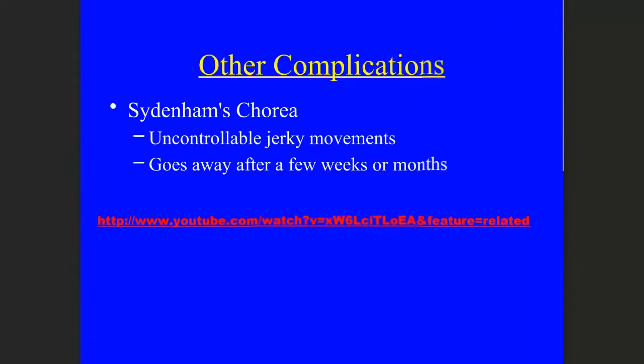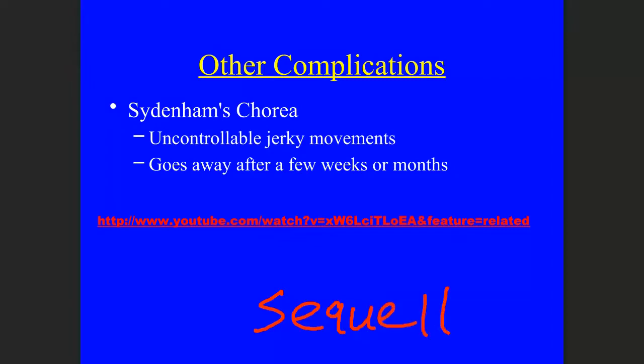Now, again, one other thing, as if that wasn't enough, to discuss about strep pyogenes, some other complications, and this would be considered to be another sequela, is something called Sydenham's chorea. All right, now, Sydenham's chorea happens when you're infected with the bacteria, and while you're infected, your immune system responds by making antibodies against the bacteria. Well, some of those antibodies can then cross the blood-brain barrier and attack your basal nuclei.